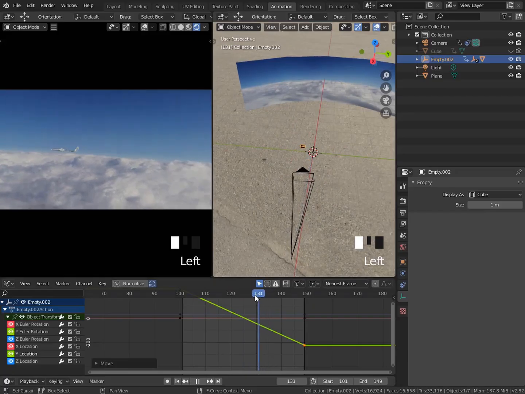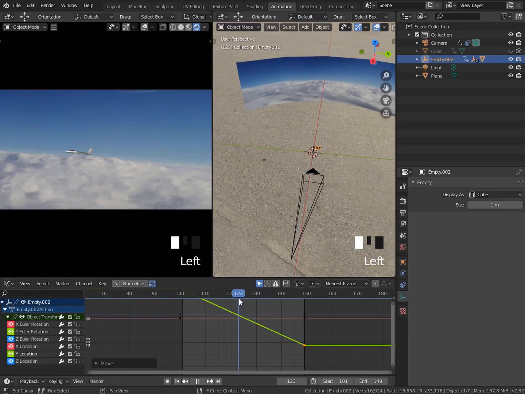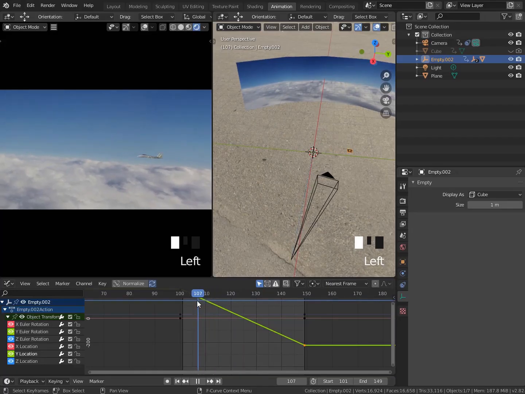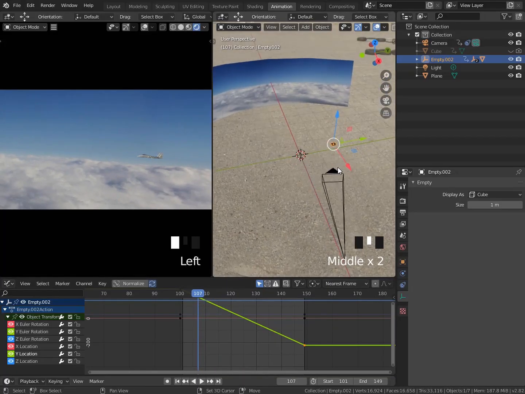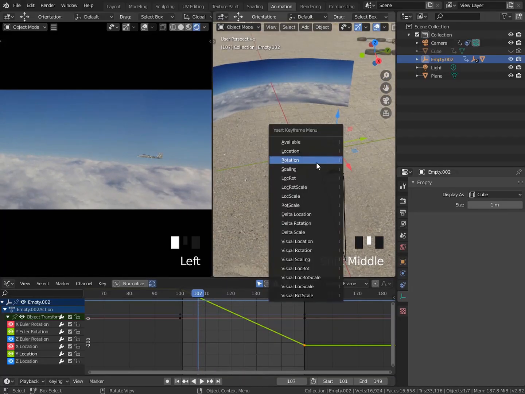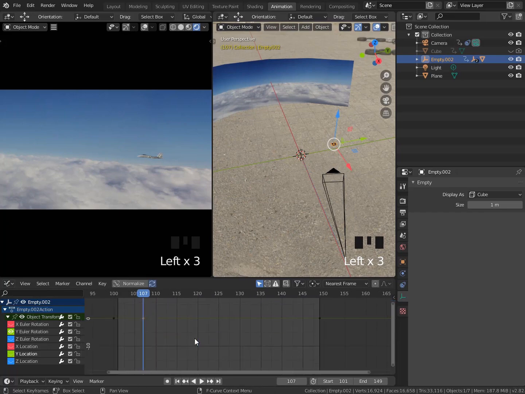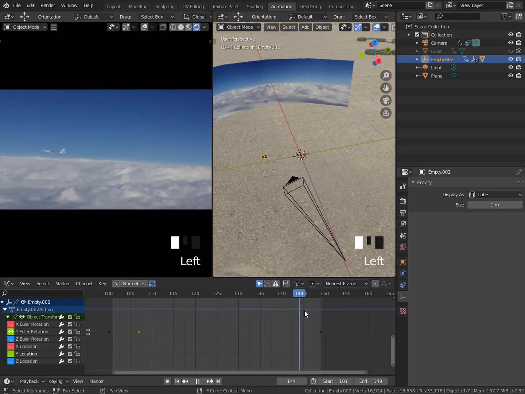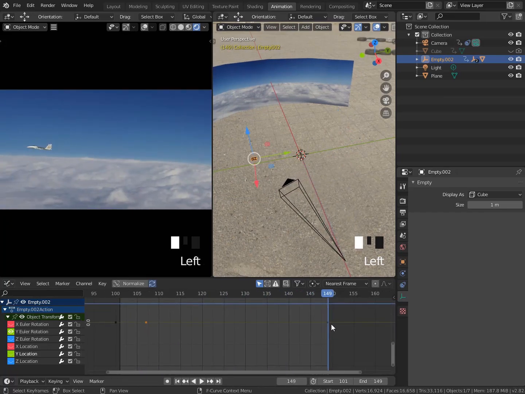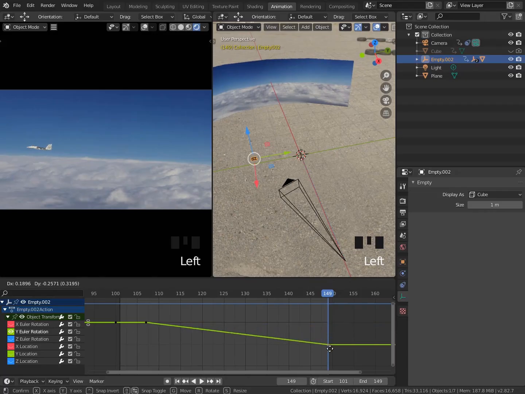We'll go ahead and block in that barrel roll. So we'll say somewhere right around frame 107. We'll just go ahead and do another I insert rotation. And then we'll just isolate our rotation keyframes here. We'll just isolate Y for right now. View this, and then what we can do here is simply come in here and drag this down. We'll do something like,